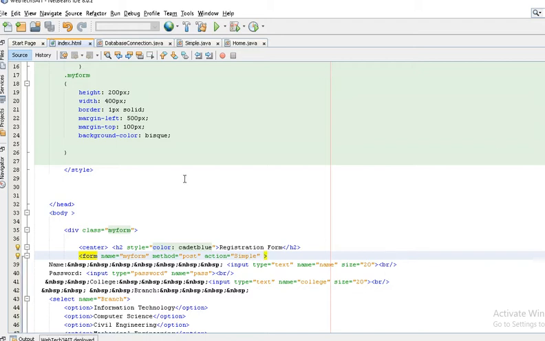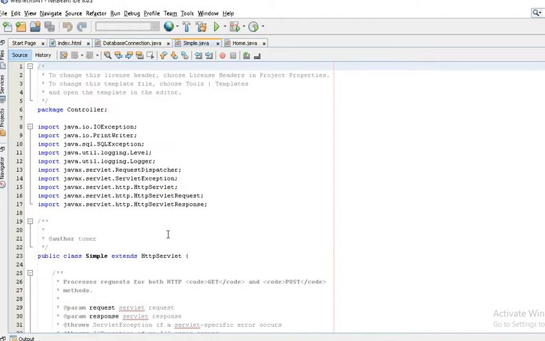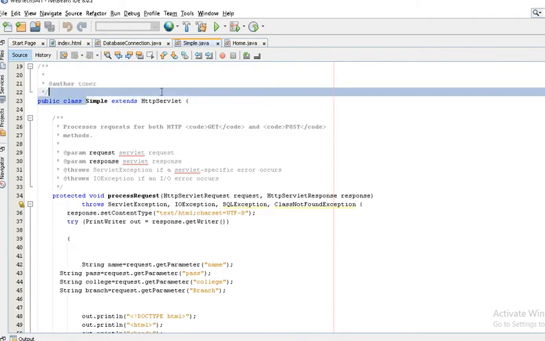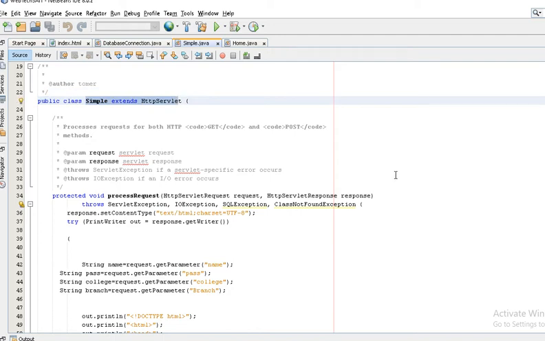After clicking on the registration form, it will go to Simple, which is my servlet. Simple is a class that extends HttpServlet, so it will work like a servlet.